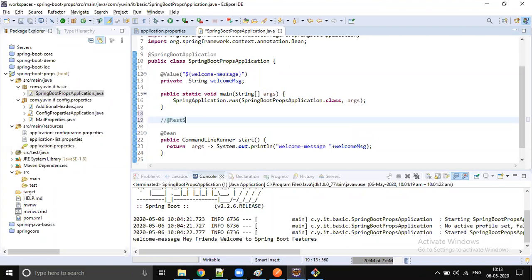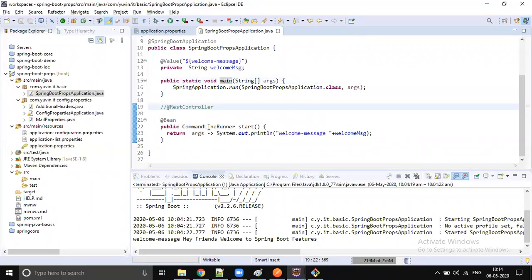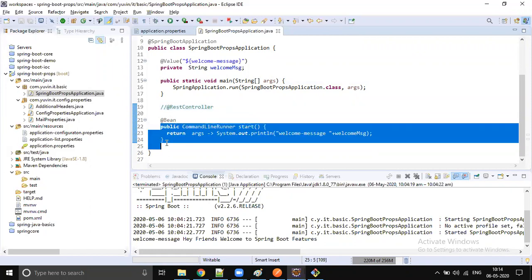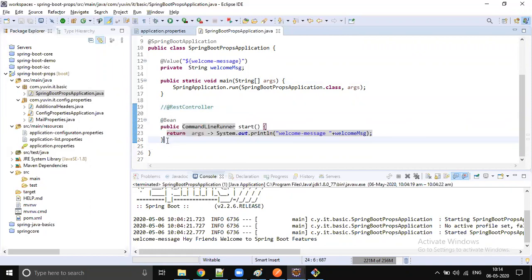Command line runner: whenever you start writing a REST controller, we don't need it, because now we don't have a server, right? We don't have a server and still we want to execute something with the main method. That's why you don't see it. But once we jump into the module level, then you don't need command line runner. You write controller request methods. So that is a difference. Yeah, there we have a server. But if you don't have a server and still you want to do this with the main method, then you have to write command line runner. So I don't want you to get confused.